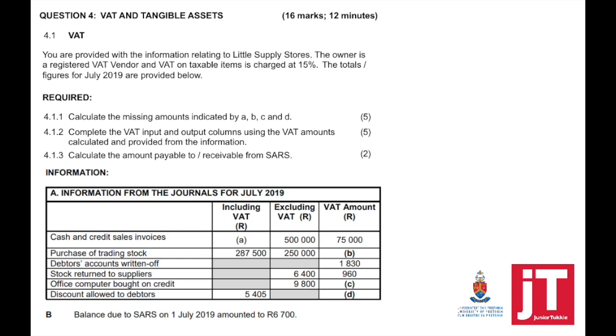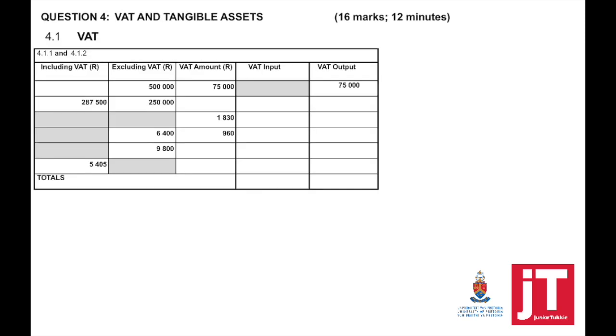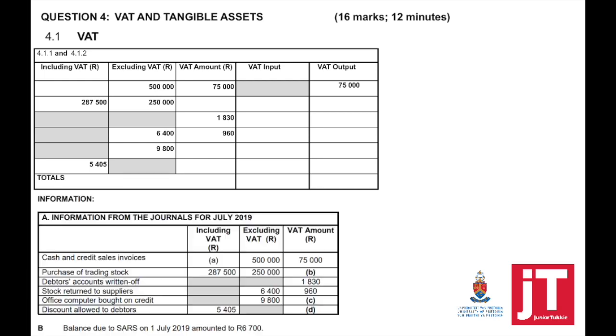Required: calculate the missing amounts indicated by A, B, C, and D. Complete the VAT input and output columns using the VAT amounts calculated and provided from the information. Calculate the amount payable or receivable from SARS. Take note now on your answer booklet. They've combined 4.1.1 and 4.1.2, where you need to solve A to D, and you also need to complete VAT